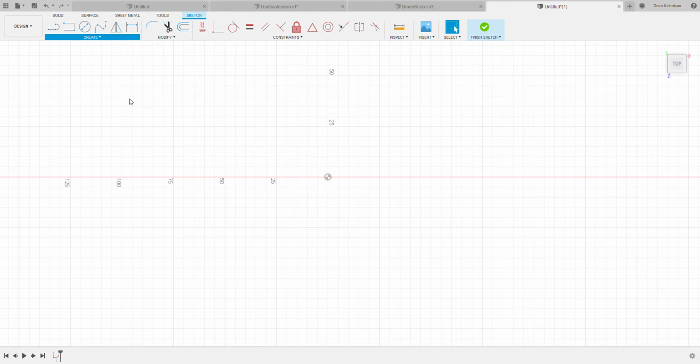Doesn't matter which one you use except for this edge one, which is not going to be used until a bit later. So circumscribed. Okay, so 5 sides, and I want to just generally get an idea. It doesn't really matter,